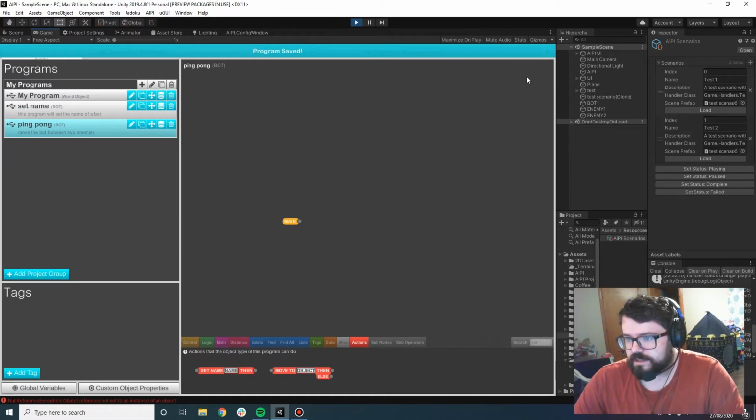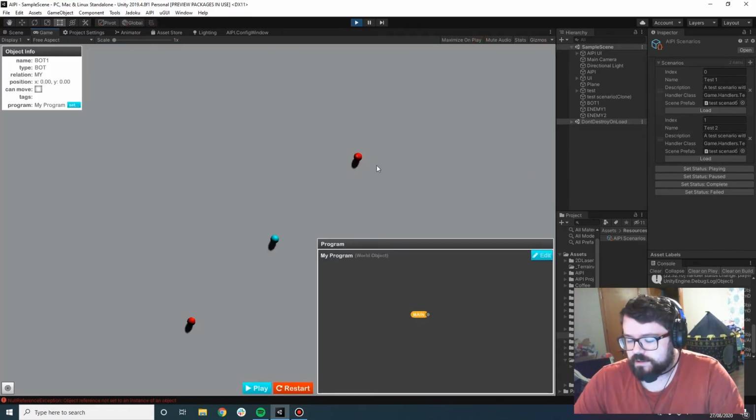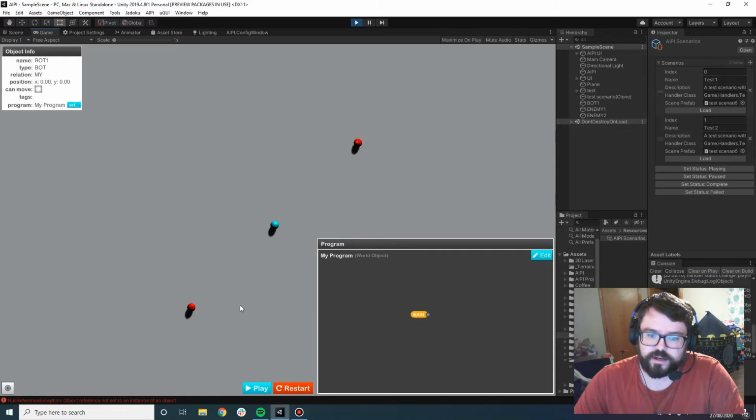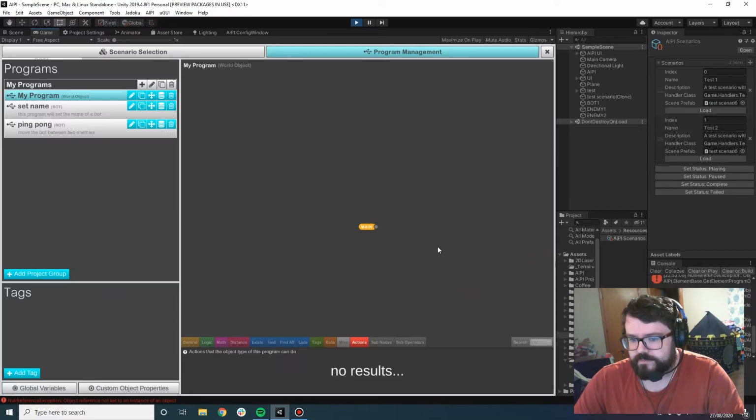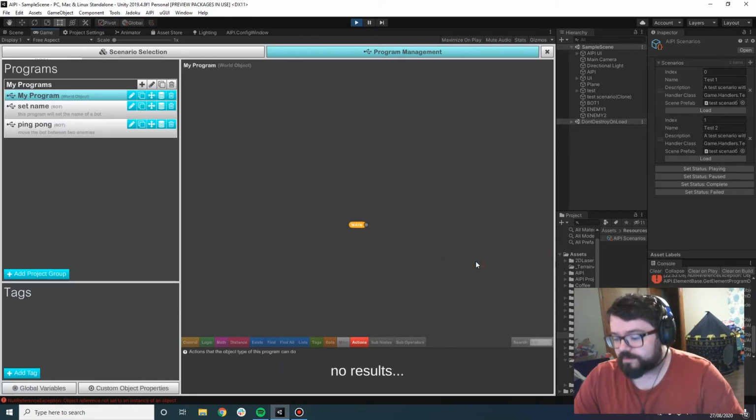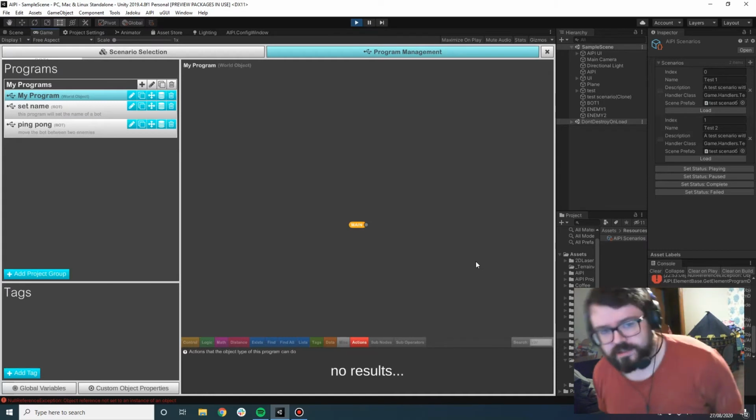Alright, now you might be thinking this is a really simple thing to do, but there's a little bit of complexity in this, in that when we move to this object, we want to be able to then move to this one, and then vice versa. So when we get to here, we want to then be moving to this one, and then be moving to this one. So we need to keep track of the object that we're moving to, and then when we get close enough to it, or when we arrive at it, we want to then switch to the other object. And there's a little bit of complexity in there, I think, anyways. Or it's complex enough for it to be interesting to show, I think. Okay, so